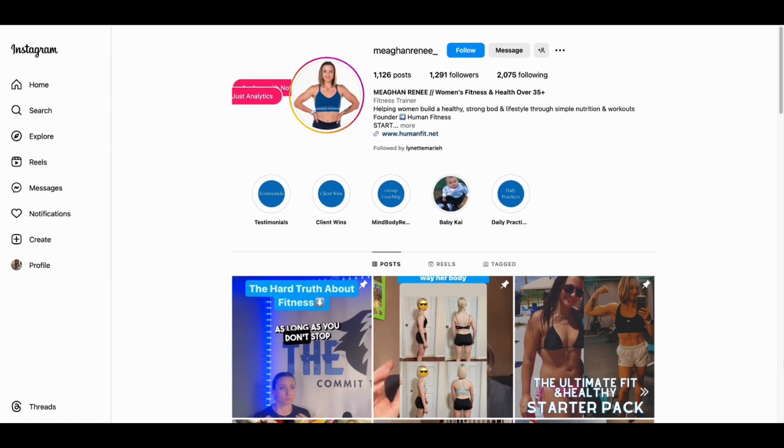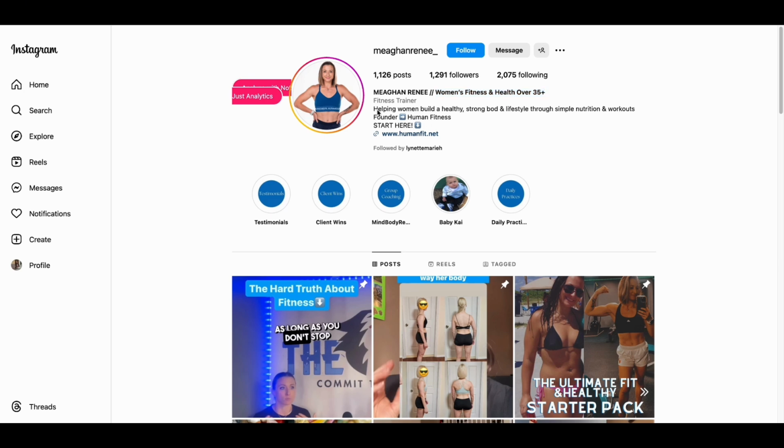Let's go. This is your potential client. After you get the social media handle, this is the account given to you by your potential client. So, how can we close a deal with this potential client by doing the auditing? Just like in the first purpose, you check if their name is optimized. As you can see, their name is optimized because it has the common terms their potential audience searches for, which are women's fitness and health over 35 plus years old. Those are common searches, so the account becomes searchable.